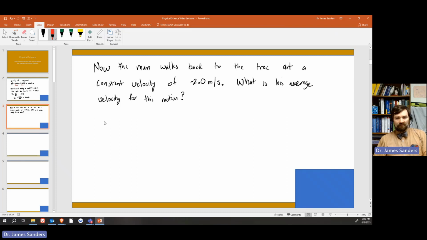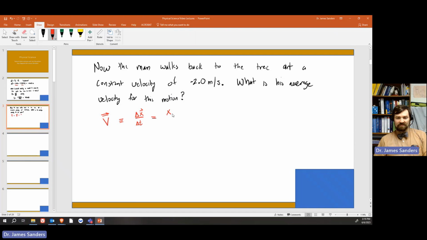Recall that average velocity is the same thing as total displacement divided by total time. Now, we don't know what the total time is, but we actually know what the total displacement is, because this